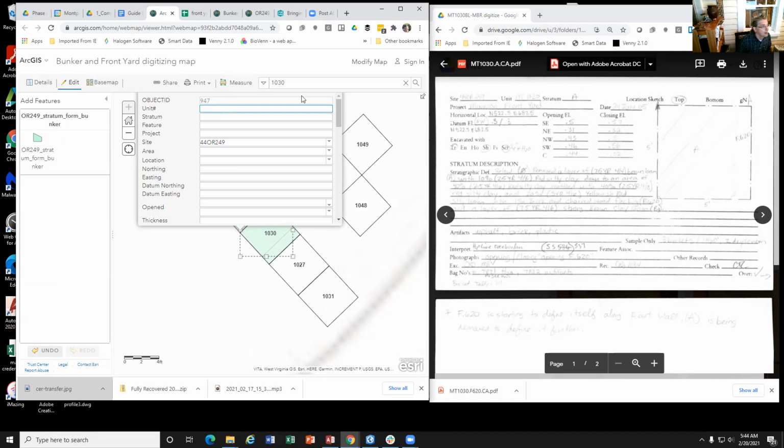So in this case, this is unit 1030. The stratum is A. We'll want to use uppercase. There's no feature. Project is what's listed right here, mansion front yard.